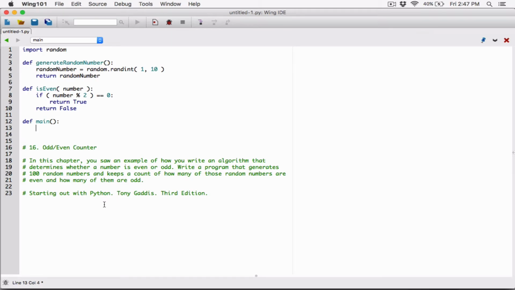Okay, so the main function is going to basically have our program, and we know this is generating one random number. We're supposed to generate 100 random numbers, so we can call this 100 times using a loop, right? So let's create a loop that's going to iterate 100 times. All right, so I'm going to use a for loop, okay, and say